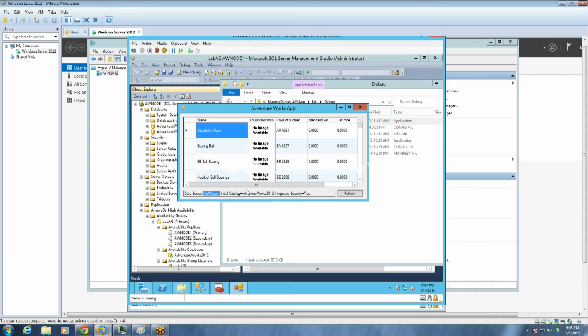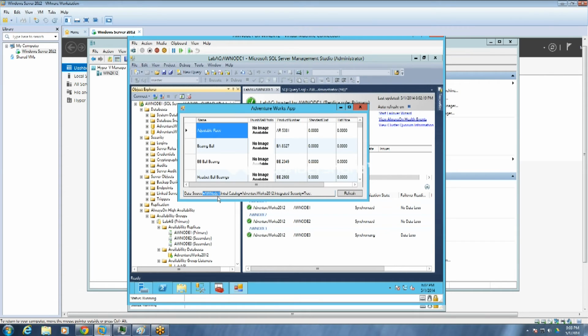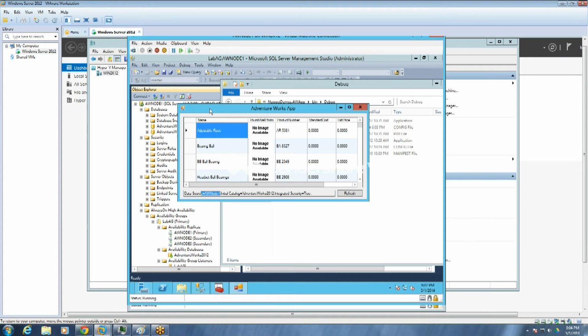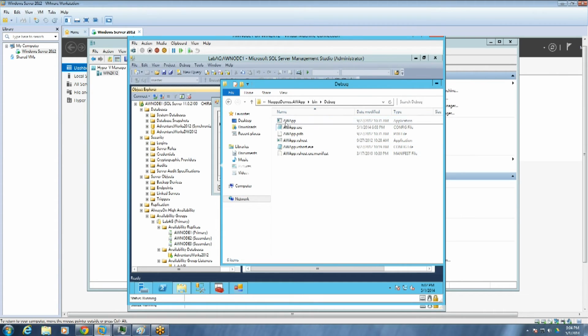So if we are not specifying the listener, then this is how we have to specify in the application. Either we have to specify the node name. Okay, this is my primary one. Now if I specify the 2 over here, that's a secondary one. It's not accessible, so you won't be able to connect to it. So that's the benefit of AWL.